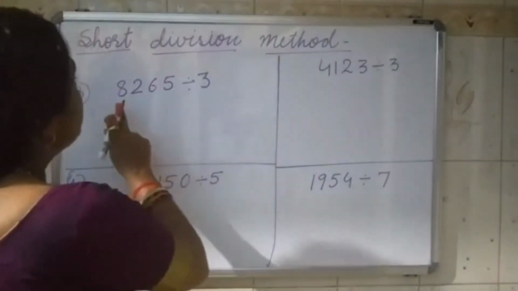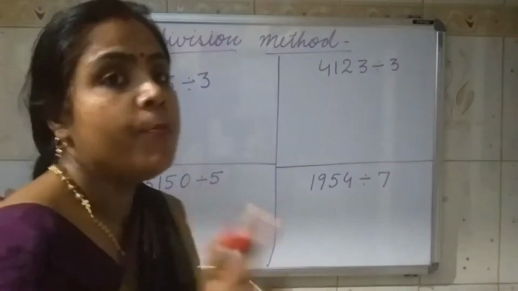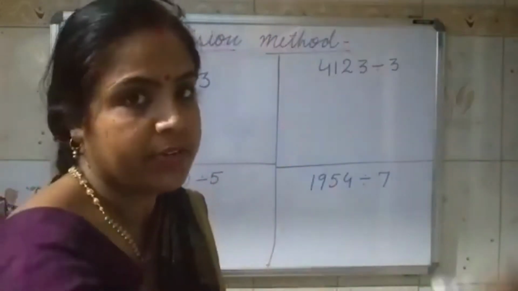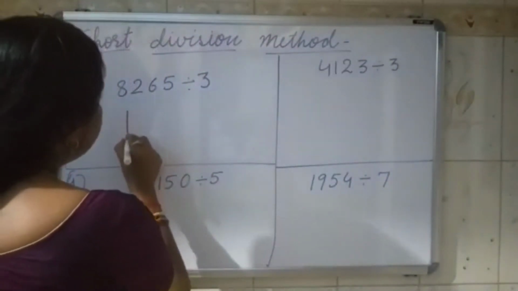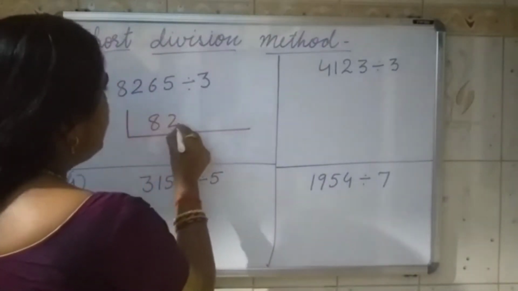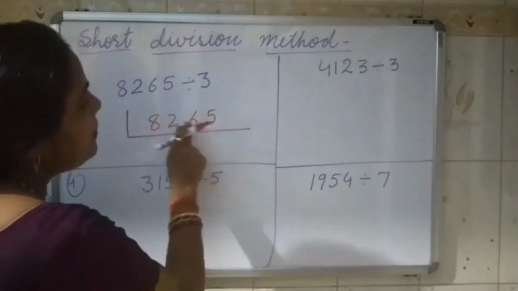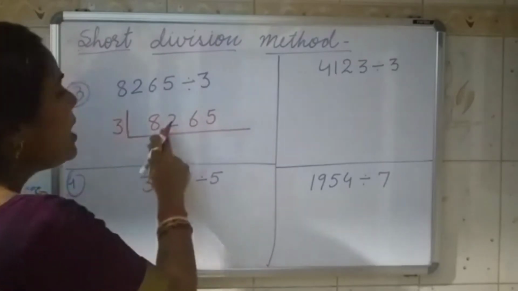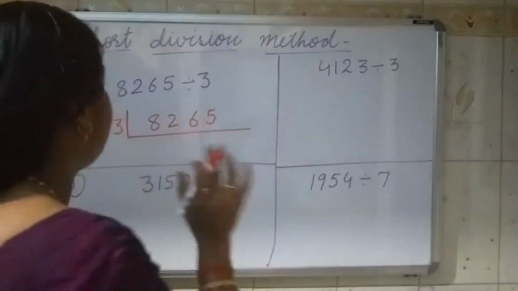Okay. So now we are moving to 8265 divided by 3. I hope with 2 examples it is clear to you. Now we are not going to solve it in the long division method. Directly we will solve it in the short division method. So we will make a column like this and then write down 8, 2, 6, 5. Children, you are seeing that I am keeping a little gap between the numbers. And then we will write down 3 here. Why am I keeping this gap? Because the remainder we have to write above this so that it will be easy for you.